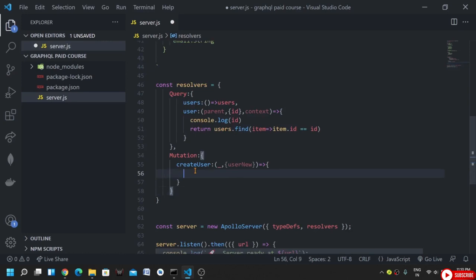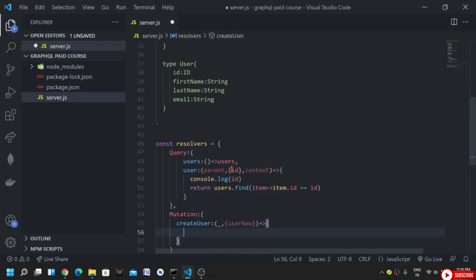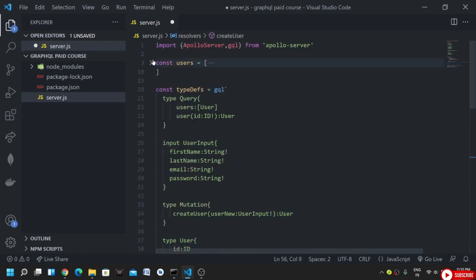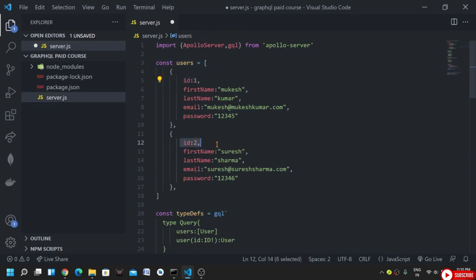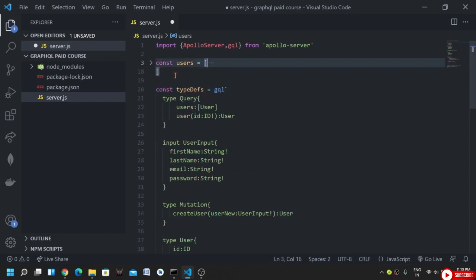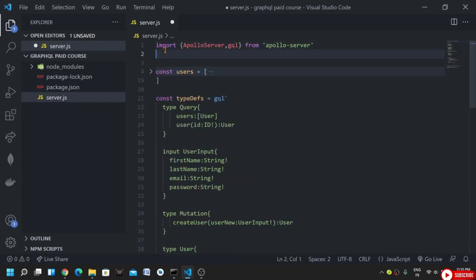So now what we want to do is, see, a couple of things we would like to have here. First of all, if you see that ID, we have to generate it. The client will not send the ID, so we have to generate it. For that, maybe a temporary solution would be we can import something